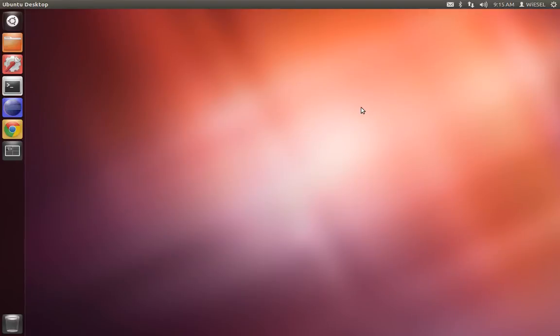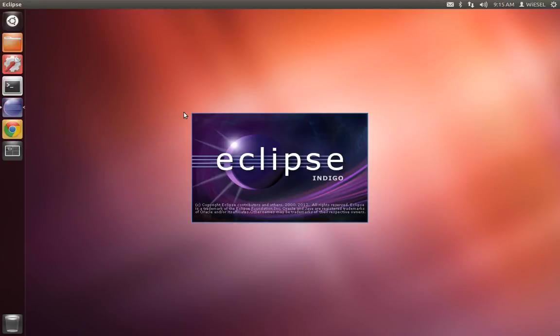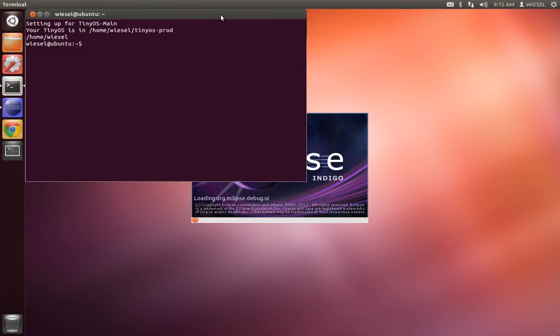Okay, today I'm gonna show how to make a new platform in TinyOS. We have a new MSP430F5342 that we want to integrate and make a new platform and actually program it using mspdebug. And to do all of this, we're gonna use our new Weasel repository's virtual machine that has everything set up